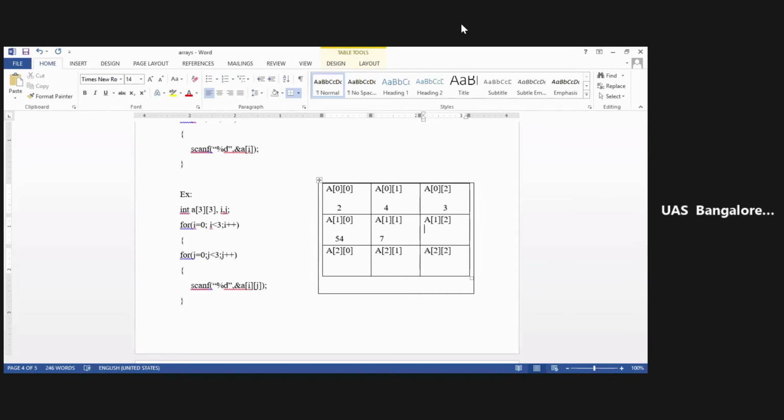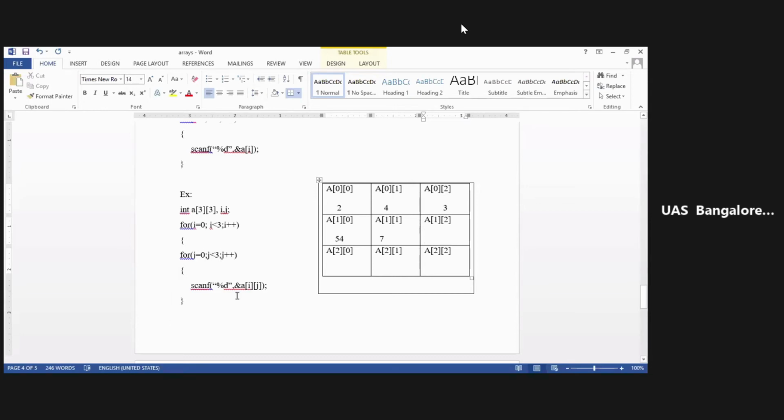See, I'm just talking about taking the input. Whenever it is taking the input, wherever there is a storage of the memory, there it will take the input and the value will be stored. And next, j will again be incremented. So j will become 2. Is 2 lesser than 3? Yes, 2 is lesser than 3.